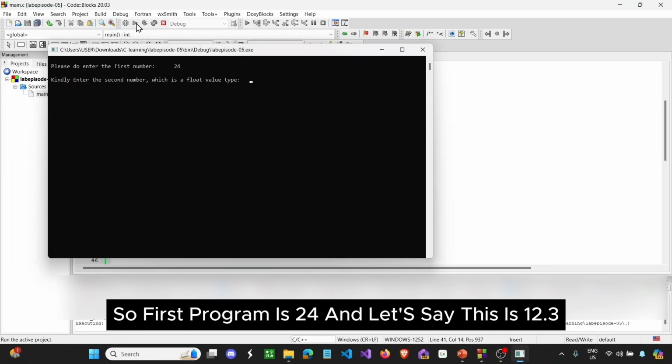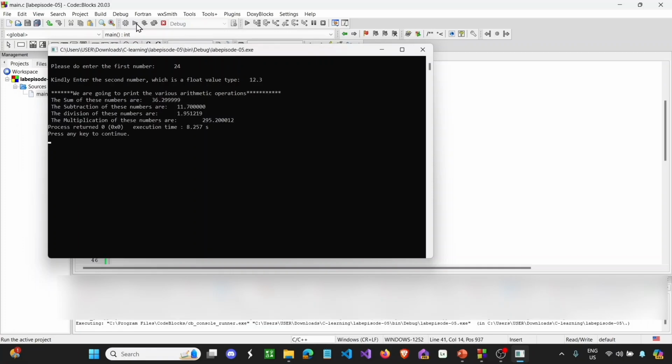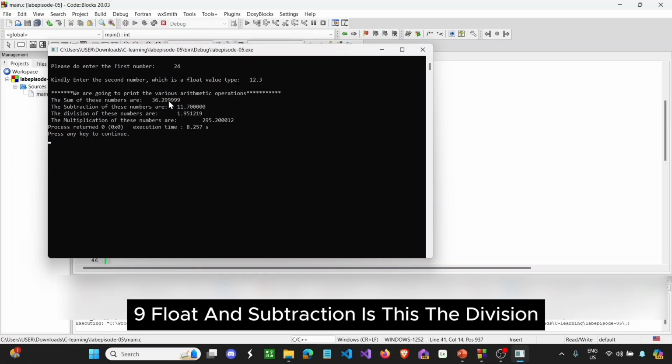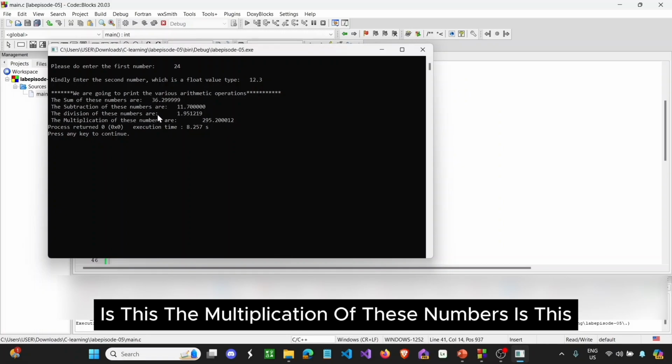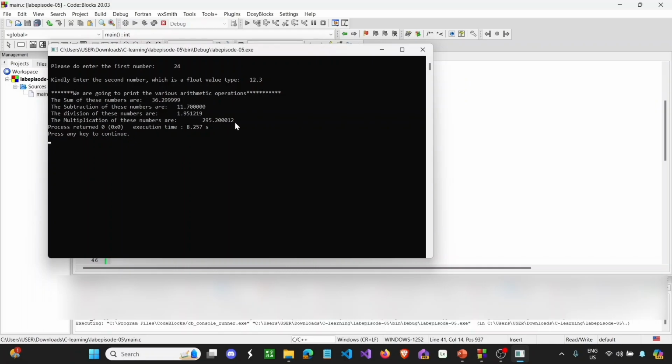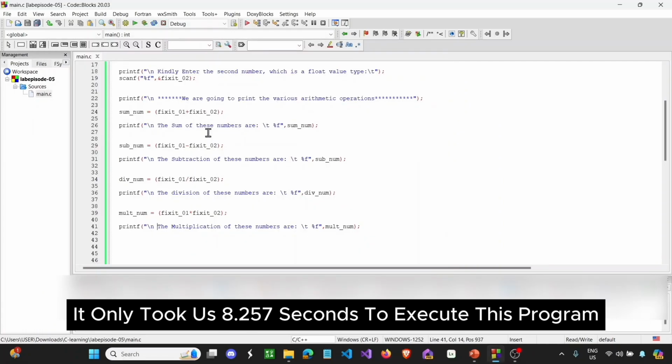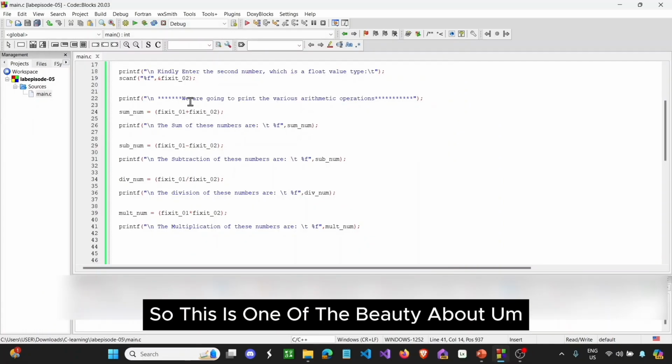So the first number is 24 and let's say this is 12.3. Now the sum of these numbers is 36.3 as a float, and the subtraction is this, the division is this, the multiplication of these numbers is this. And you can see it only took us 8.257 seconds to execute this program. So this is one of the beauties about